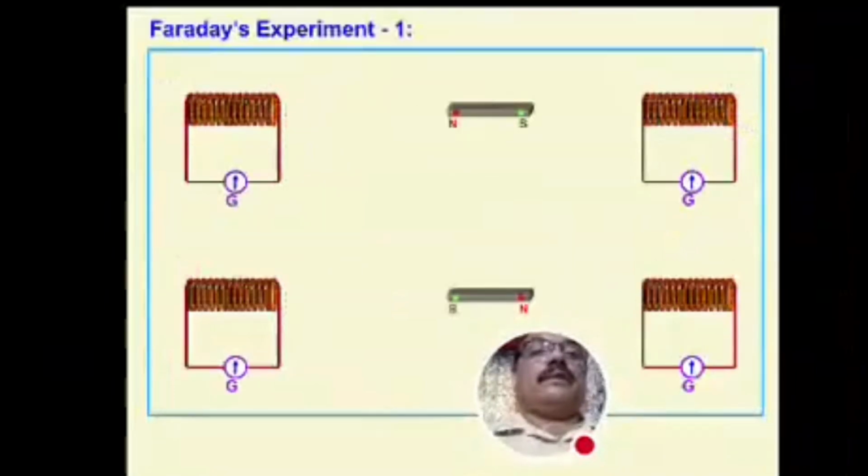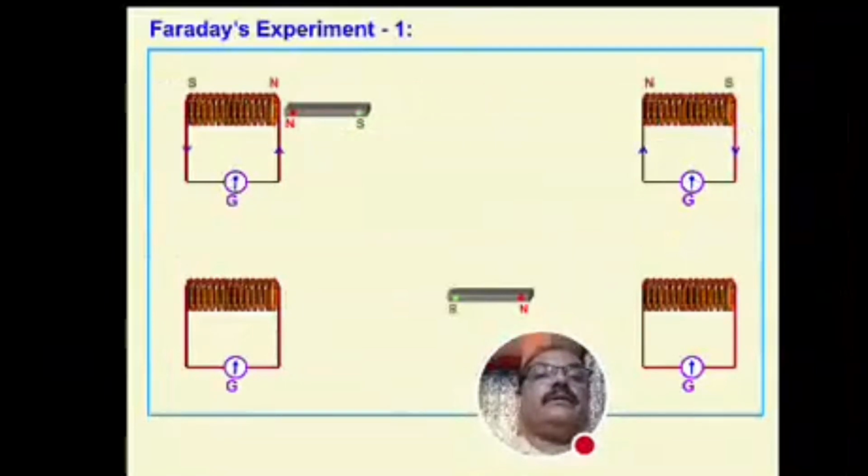and now once again you can check it here. What happened? Pushing here, a north pole is generated towards the north, and a north pole is generated towards the south in the second coil. This is the experimental evidence that whenever the bar magnet is pushed, there is a change in magnetic flux linked with the primary coil as well as the secondary coil. Due to that, there will be an induction. That induction we call